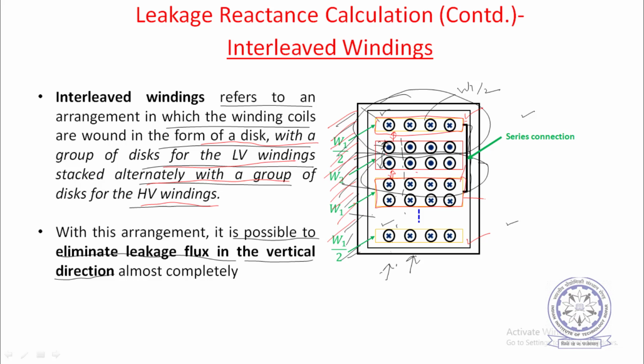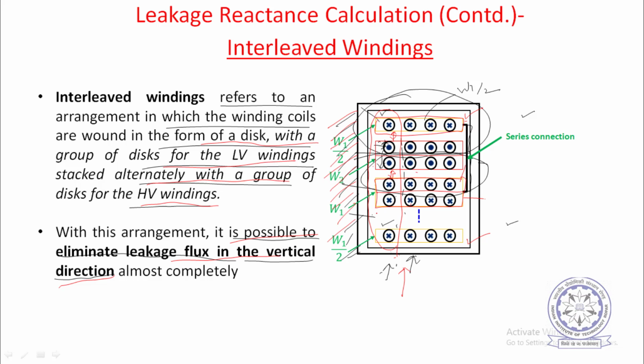You can see, W2 can be considered as two halves, W2 by 2 and W2 by 2. Similarly, W1 also can be considered as two halves, W1 by 2, W1 by 2. So, with this arrangement, it is possible to eliminate the leakage flux in the vertical direction. So, this is the vertical direction, right? In this direction, if you see all along this, always the number of conductors enclosed will be